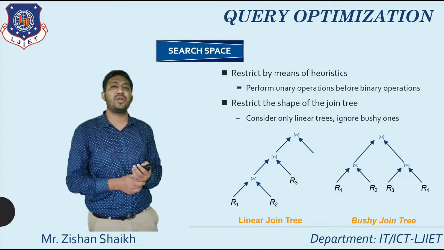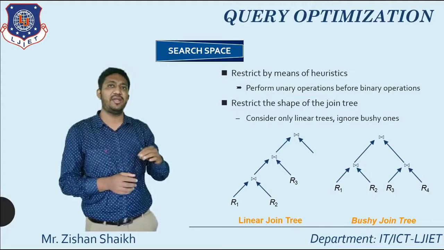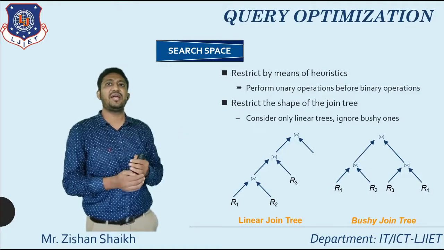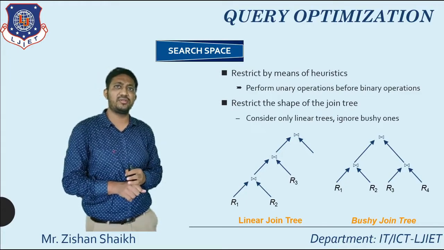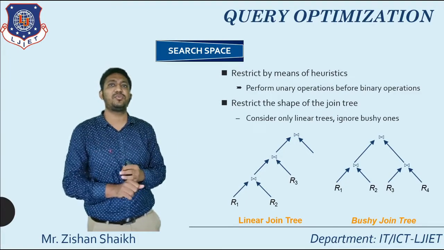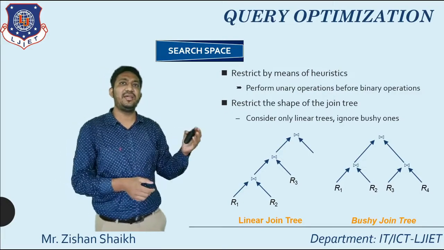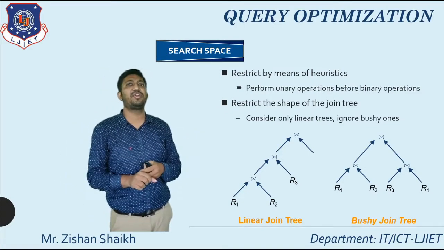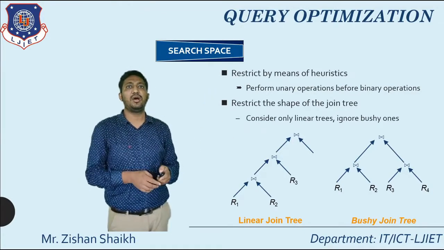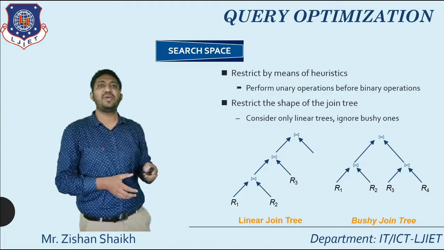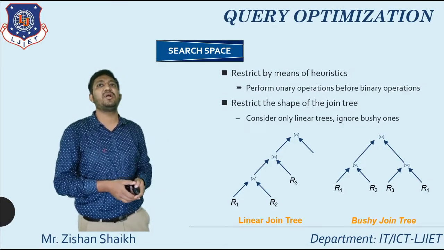So ultimately, search space will be used for finding the number of alternatives. Those alternatives are produced by the different projection operators. If alternatives increase widely, then we have to reduce them. For reducing, we have to use the heuristic or the shape of the join tree. According to that step, at the end of the search space, we are finding the number of alternatives.